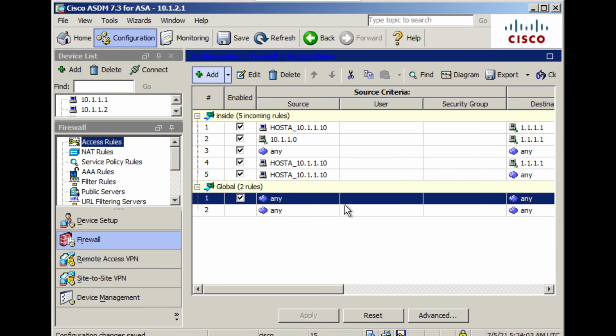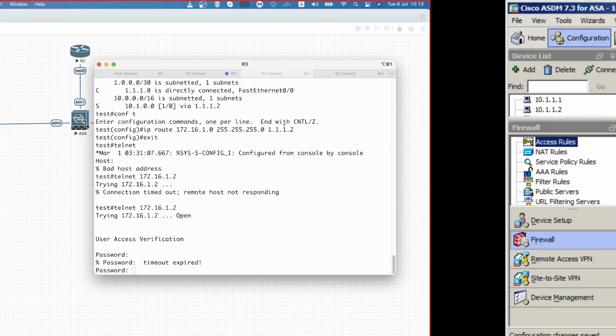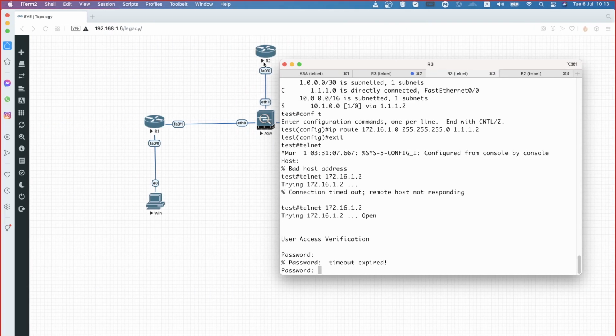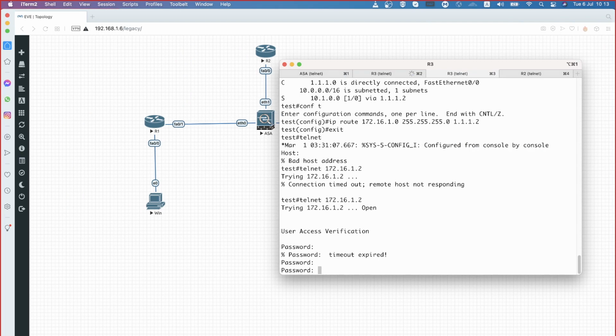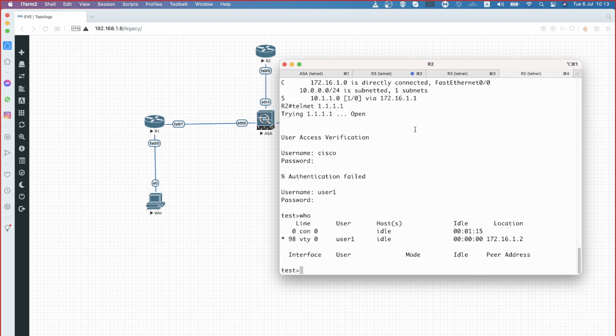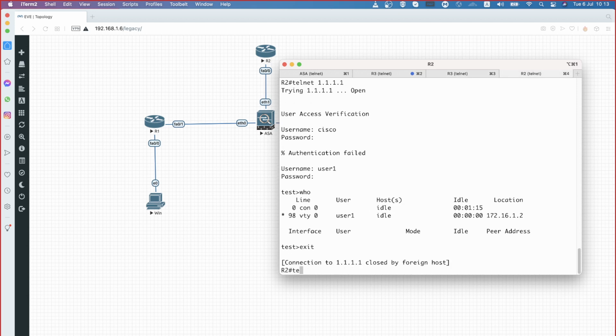Now my question is, I don't have any rules associated with the DMZ interface. If I try to do telnet to port number 80, let me wait. Let's go to router 2. 1.1.1.1 port 80.